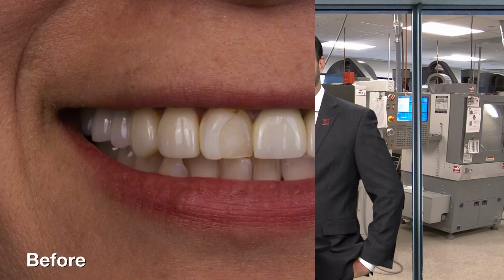So she temporizes with Biotem's Provisionals, and then she restores with BruxZir Aesthetic restorations. Right, and the provisional stage played a key role in this treatment, and you're about to see why. Let's check it out. In today's clinical case, I am presenting BruxZir Aesthetic solid zirconia material I use to restore